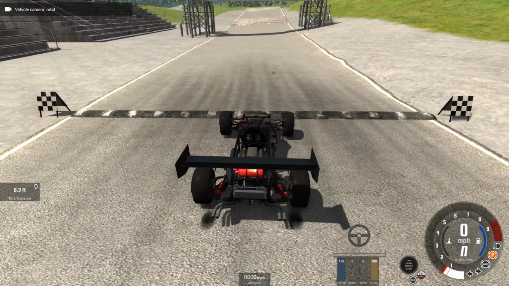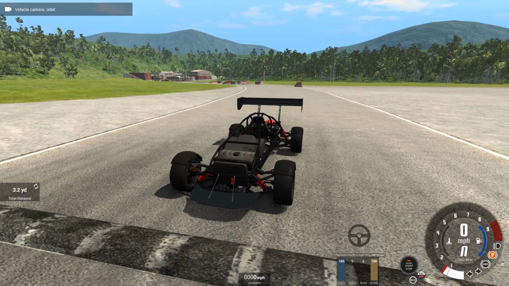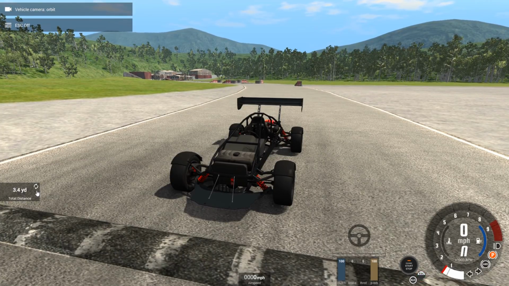I want to drive a car. I guess it's kind of like an Ariel Nomad in some ways, only this one is all-wheel drive, built for tarmac, shall we say. We'll turn off the...